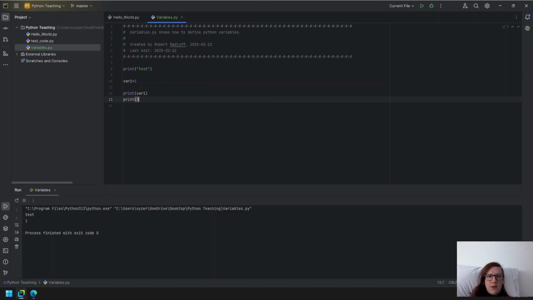So if we look now and I print var1, you will see that on that second print statement, it doesn't print the variable's value, it prints that text, and it's because I have those quotations. So clearly there's something going on here as Python's working through code, that certain characters are sort of more important and special,